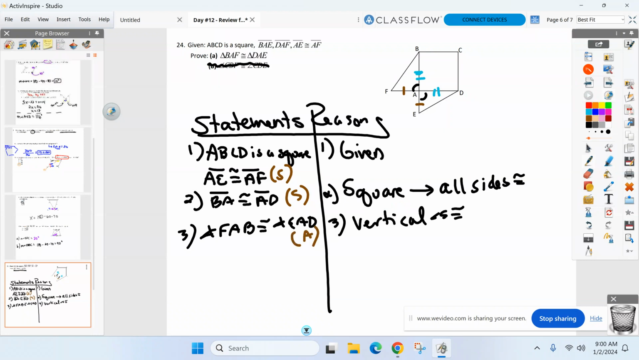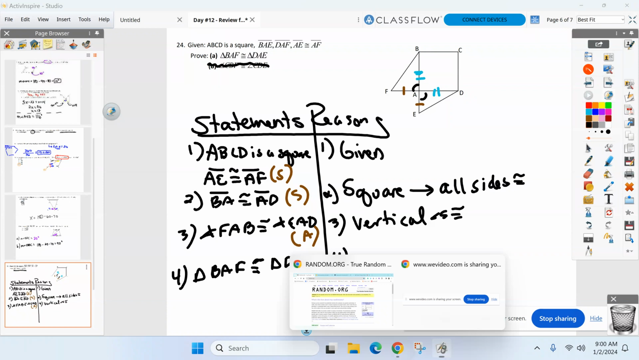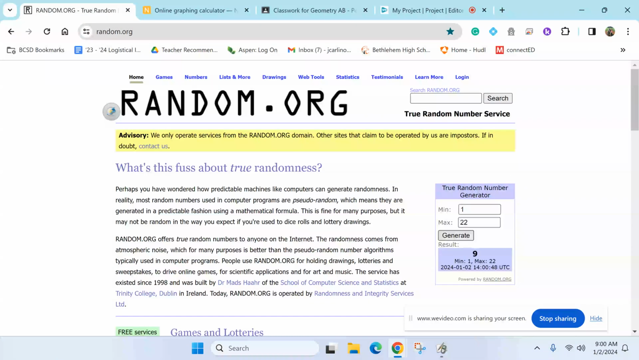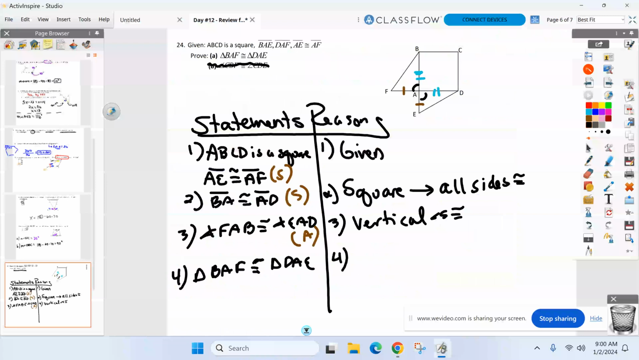I think we're good. Triangle BAF congruent to triangle DAE. All I need, why? What's my method here? Vinny? Side angle side. Yep. Not saying the one on the test is going to be that easy, or it's going to be a square. It could be another figure. But